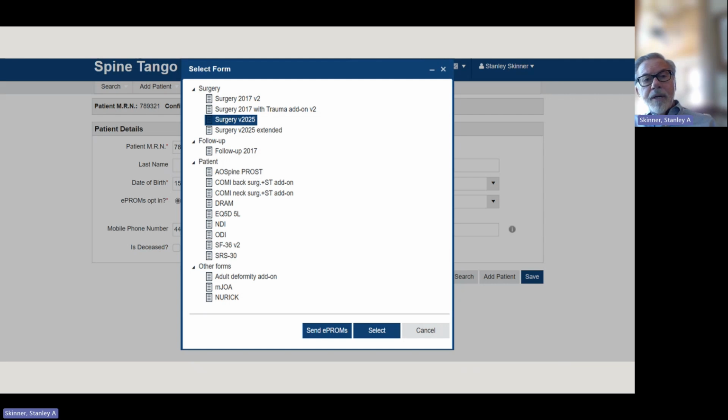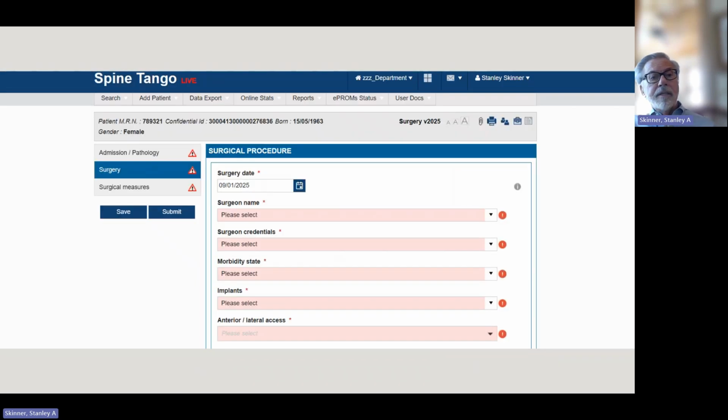The surgeon can pick from a drop-down list of surgical forms. In this case, the surgery version 2025 is highlighted and then selected. Thereupon, the surgeon can enter the surgery date, which happens to be January 9th, 2025 in this test patient.